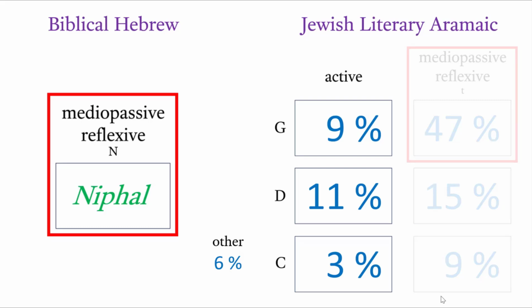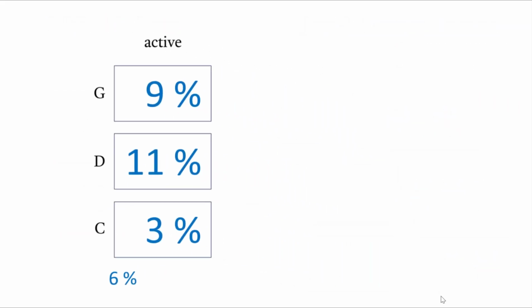What about when Onkelos uses active voice stems to translate his nifals before him in the Torah? And then there's this other category that we can look at as well. This is the interesting part. So what I'm going to do in the remaining time here is just kind of go through these examples of the active voice stems and the others. And it's a really good thing, thanks so much for the tech support, to be able to put it on the screen, because this would be rather tedious if I just said it. So we have some visual here.